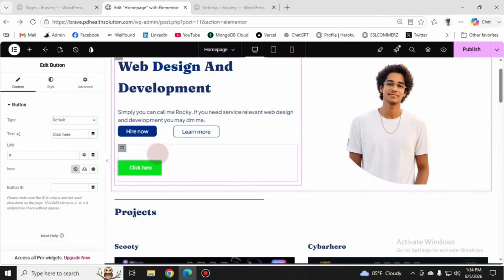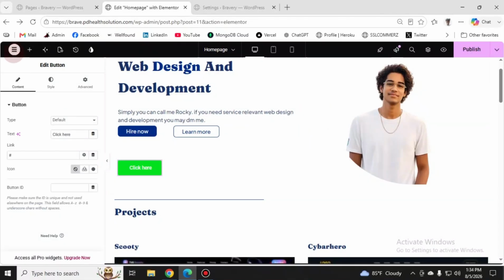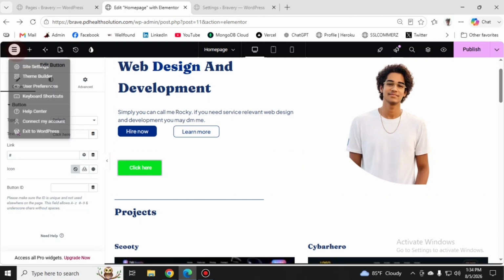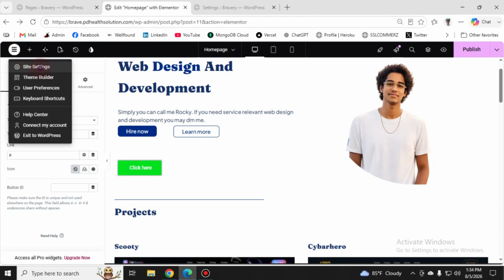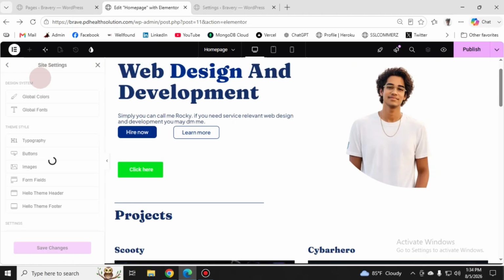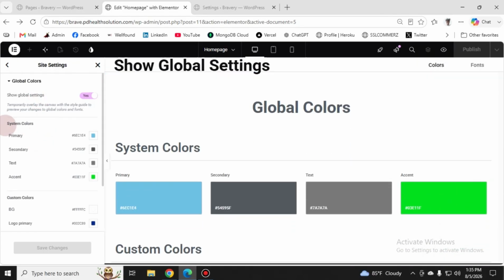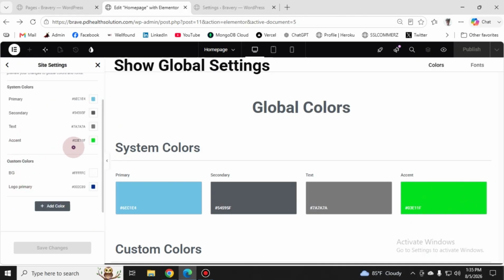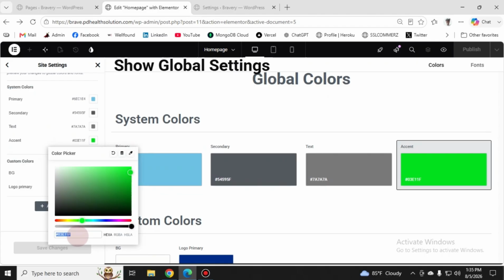To apply global style over the button, just click over this Elementor logo on the top left corner, and then you'll get this option called site settings. From here, at first I'm gonna apply a background color for a button that will work for the entire website. So just click over global colors, and within this system color panel you will get this option called accent color. I'm gonna just paste my color code that I want as a background for all the buttons that will work for the entire website, and then save changes